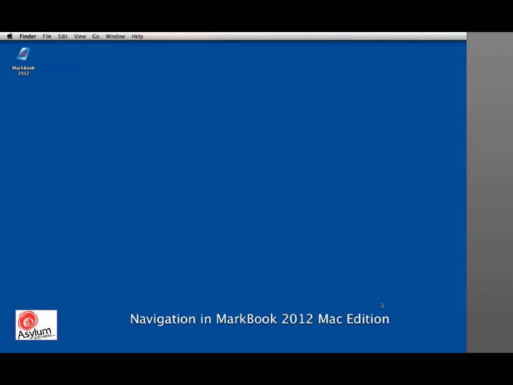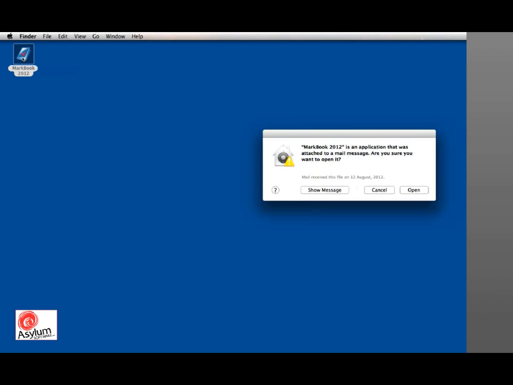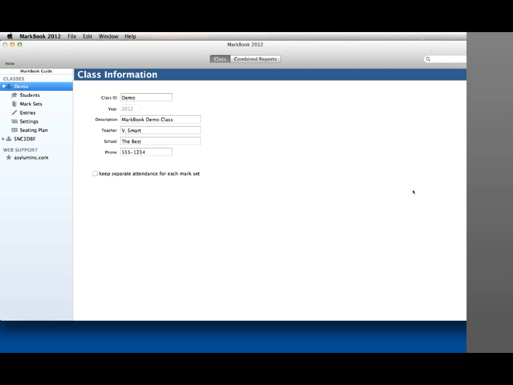This is a video tutorial on navigating the sample class in MarkBook 2012 Mac Edition. First of all, we need to open the application by clicking on the icon. This is the first time that the application has been opened, so we'll open the app and you'll notice that